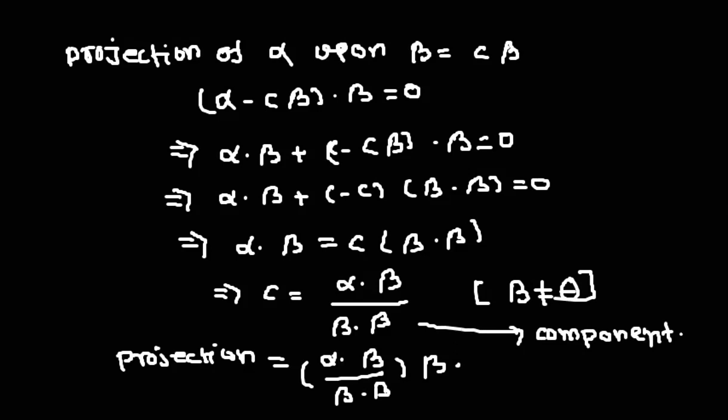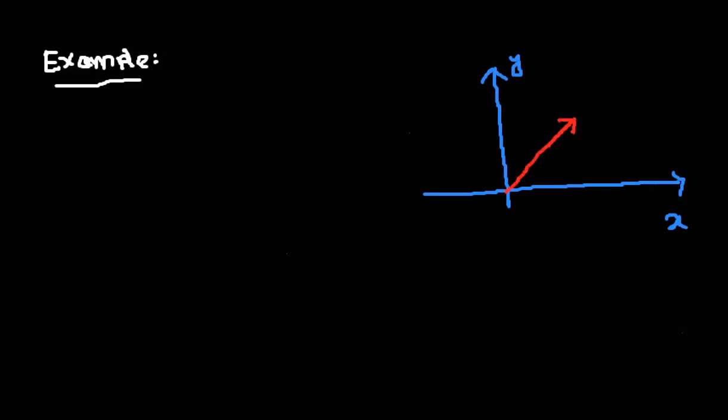Okay, so let's see an example in 2 dimensions. We have the x-axis, and here we have the y-axis. I want to take a vector, so for example, let me take the vector (1, 2). So (1, 2) is a vector in 2 dimensions, and this is our vector beta.